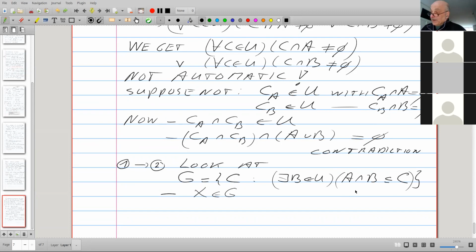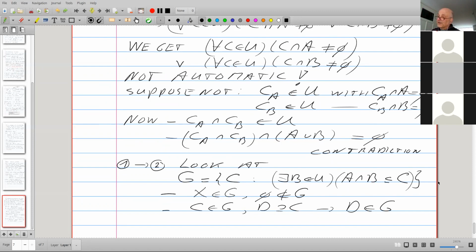Why? We can take B equal to X itself, and then we find that A is a subset of X, and there you have it. The empty set is not a member of G because A intersect B is never empty. If I take something in G and I take something bigger, then it is also in G. Simply look at the definition.